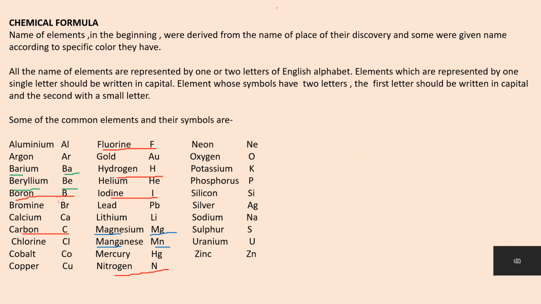There are various other criteria which are used for designating the symbols of the elements. Some were represented by their old or Latin names, some by the name of the country they were found from, some by the name of the scientist who discovered them, and some even by the name of the planets or other objects. For example,